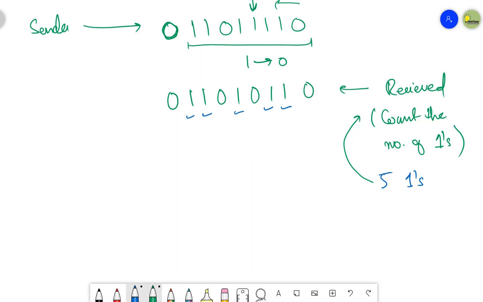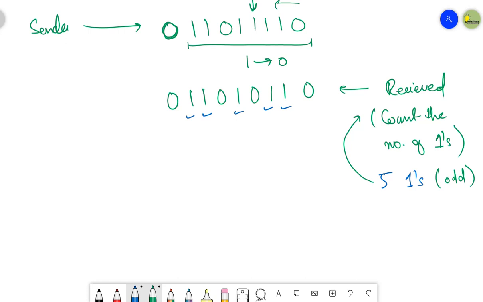Why? Because in an even parity system, we know that the number of ones must be even. The data that was sent must have had an even number of ones. But when the receiver gets an odd number of ones, it can easily decide that the data has been corrupted. It is not possible in an even parity system to have an odd number of ones, because the data sent by the sender had an even number of ones.